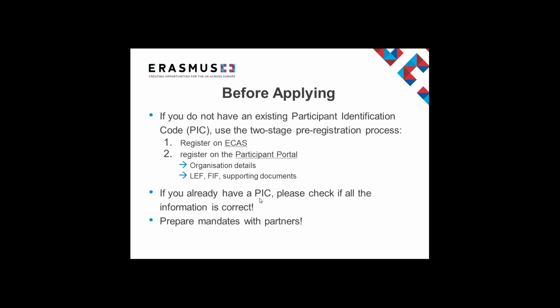Once you've decided what it is you want to do, you have set up a partnership and thought about how to address different European priorities, you will need to complete the following 2 registration steps. You will need to register on ECAS first. ECAS is the European Commission Authentication Service, and